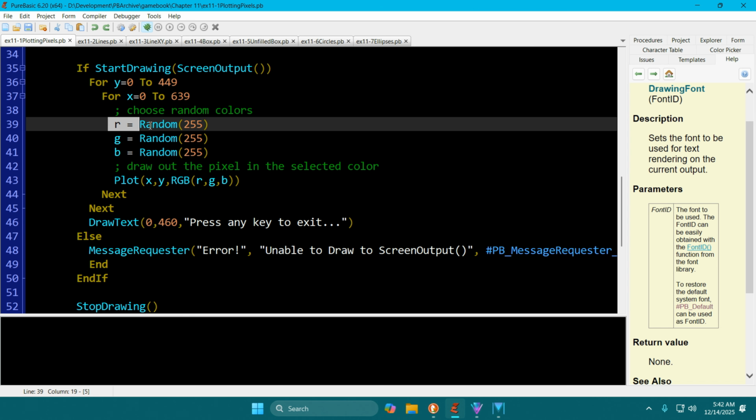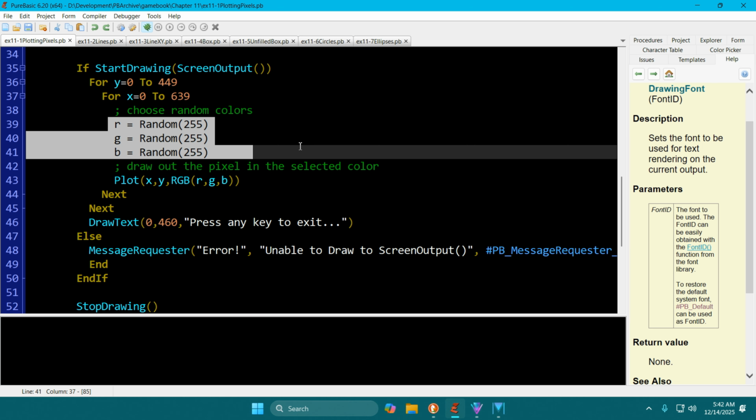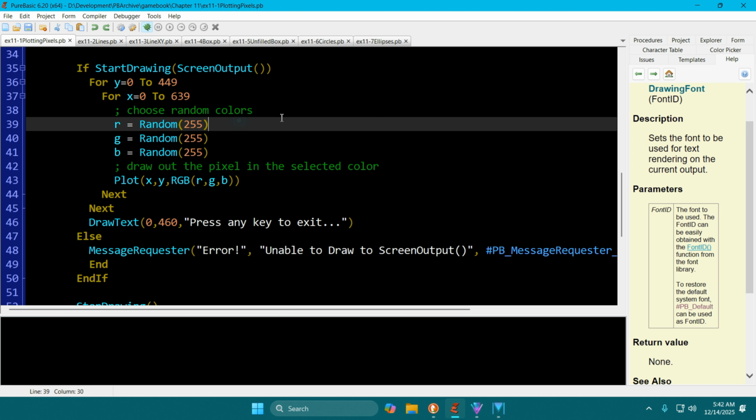He's picking and building an RGB. Okay, RGB is red, green, blue. Basically it means a color. Alright, so he's taking these random numbers, and this is